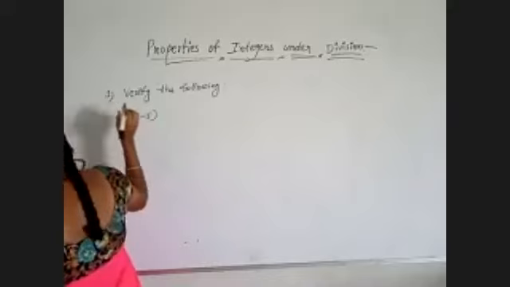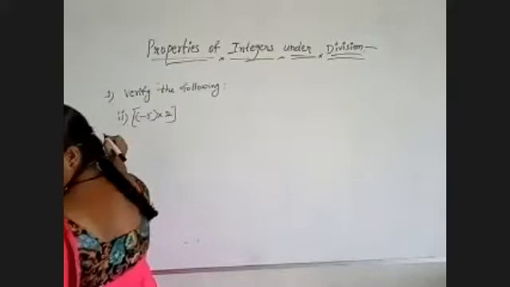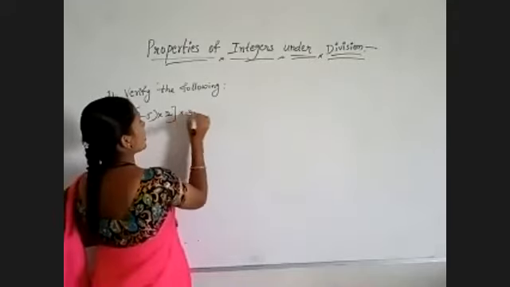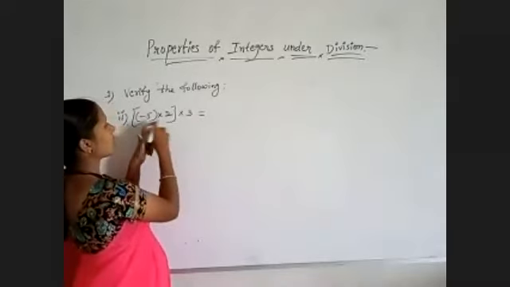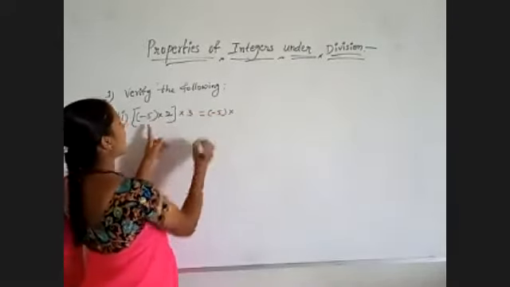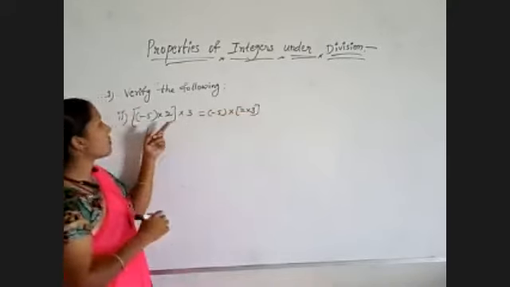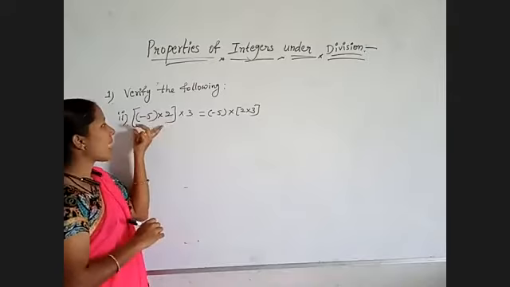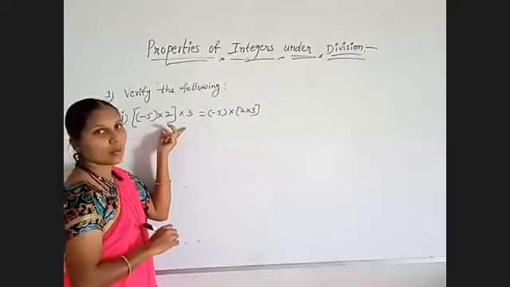Minus 5 into 2 into 3 is equal to, so here the same numbers, just the brackets will change. Minus 5 we will write first and the bracket we will write for 2 into 3. Just observe here, all are indicating into and we are taking 3 numbers. Here the brackets are changed, which means it comes under the associative property.